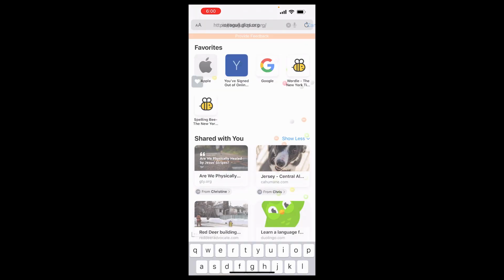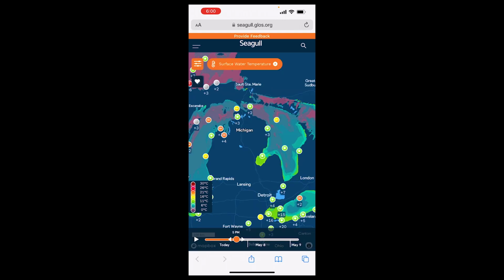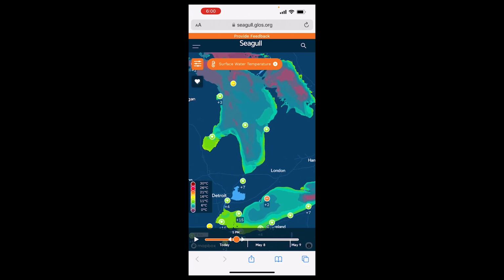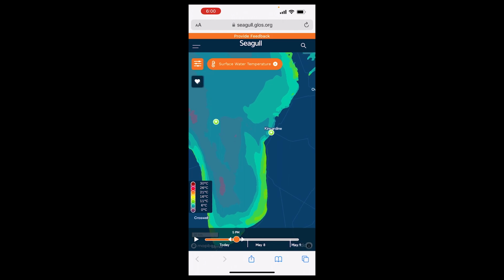So now let's just see what happens if we go into there. And I see a search bar, and I'm just going to see what happens if I click on this map. I have the Great Lakes up here, and I want, obviously, Lake Huron with Kincardine on it, and if I zoom in, I see Kincardine, and it's just about part way up, just as I thought, about an hour and a half away from here. And so, I think I'd like to know a little more about what's going on.